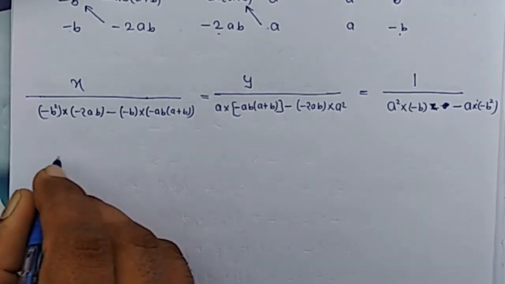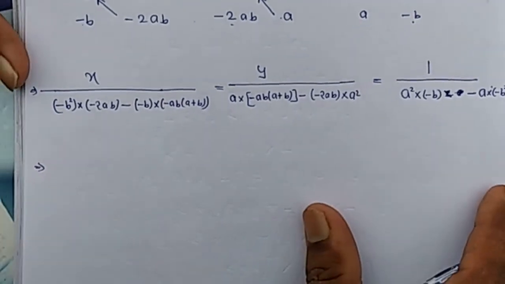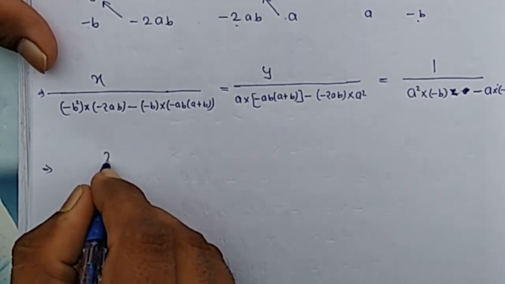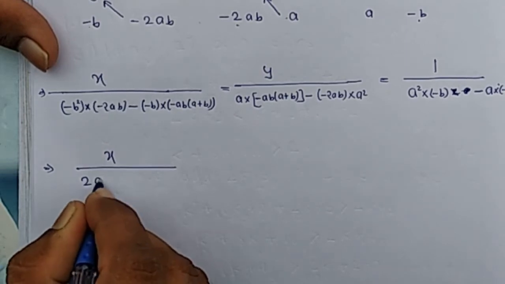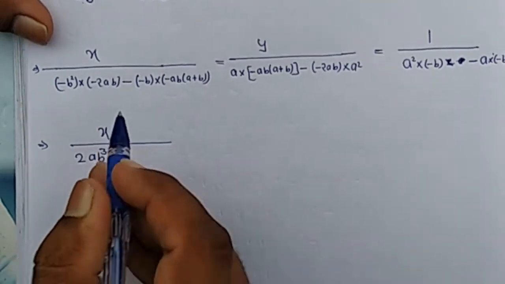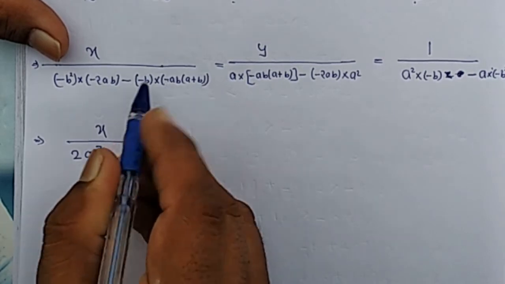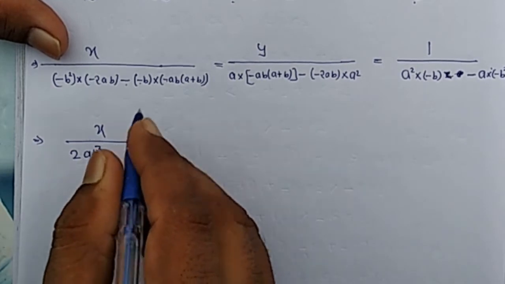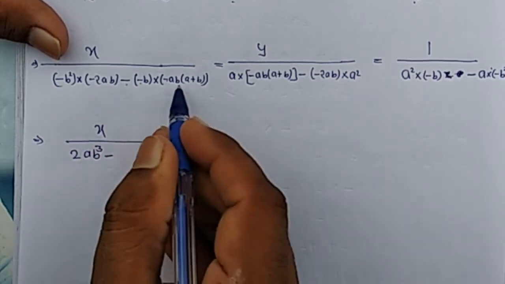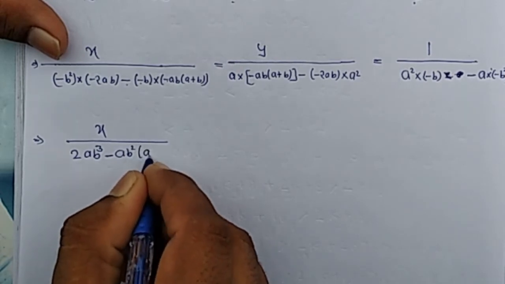Now x by plus 2ab cube, open the bracket, minus into minus plus and minus. Then we have, open the bracket, ab square, a plus b,